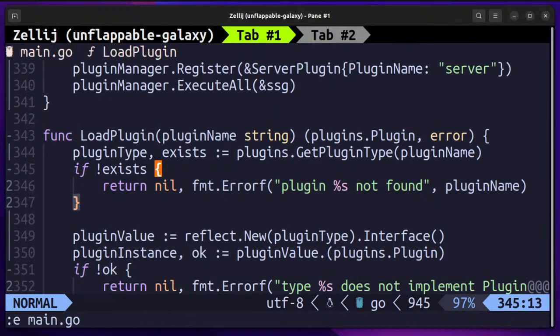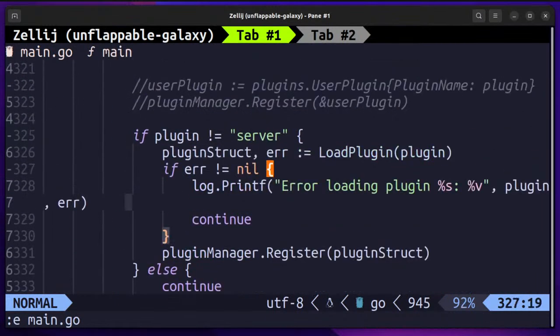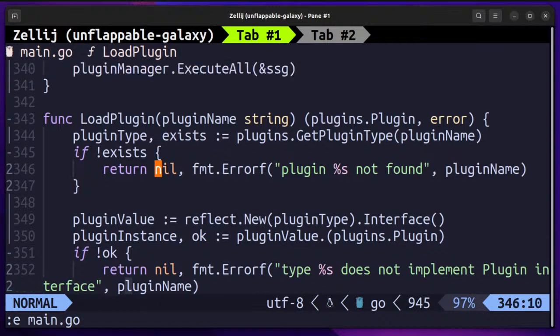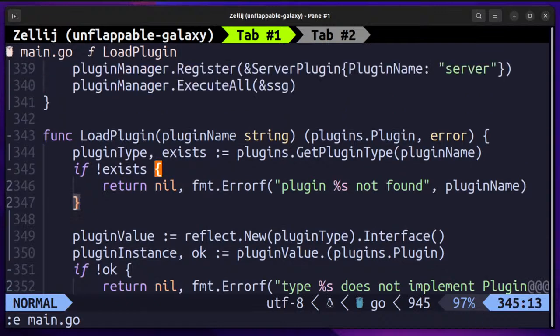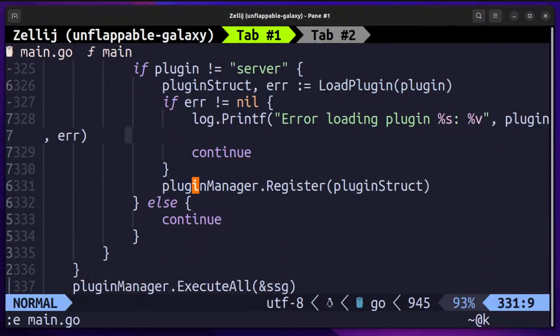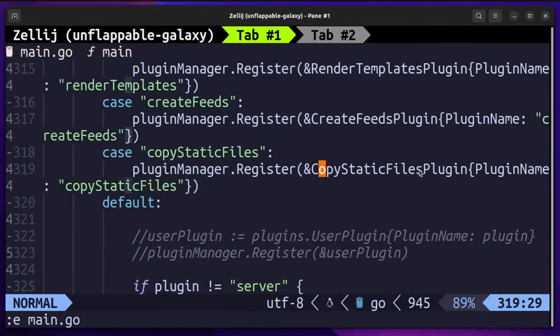So that is the load plugin function, and at the end of this function, we just return the plugin instance. That will be the type, the structure that is implementing the plugin interface. And once we have that, we simply register the plugin structure. See, we are doing it over here, right? We are registering the actual